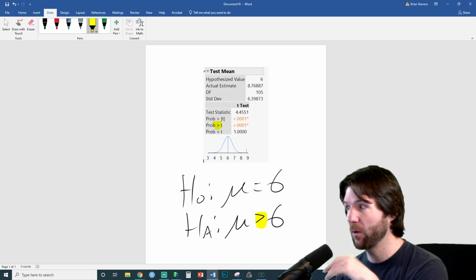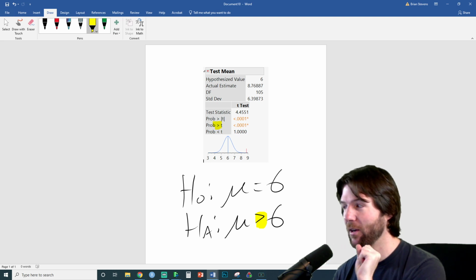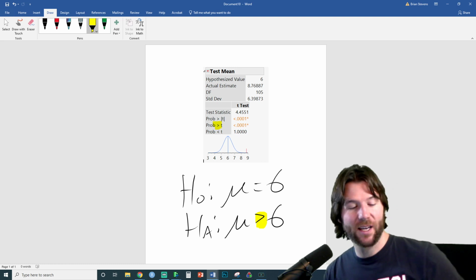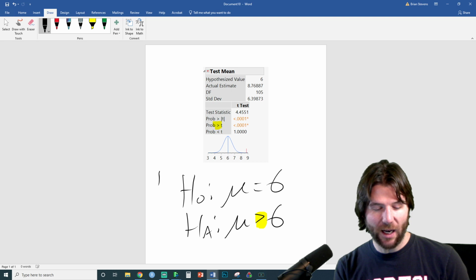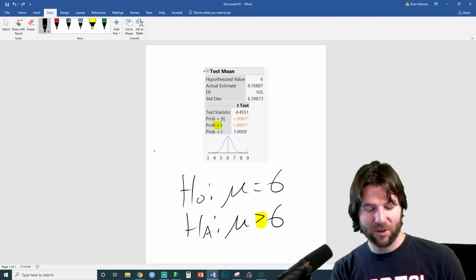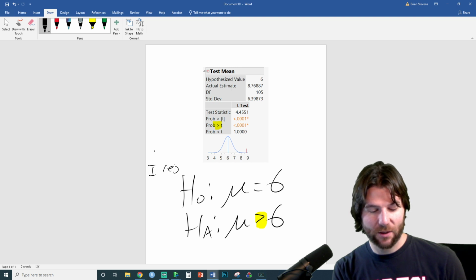Correct. And then I would say we have, I don't want to say the full thing on here, but we have evidence for the alternative that the true mean daily life of the engines. Does that make sense? So whenever you say I reject, you would say I reject this. Great job, Jeff and everybody. I reject. And then you would say I have evidence.